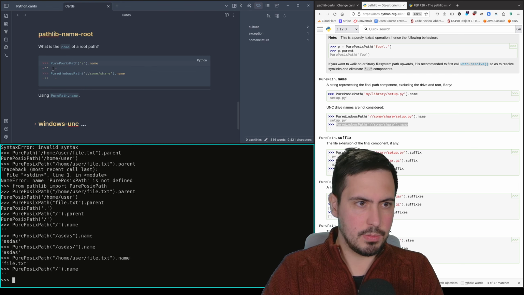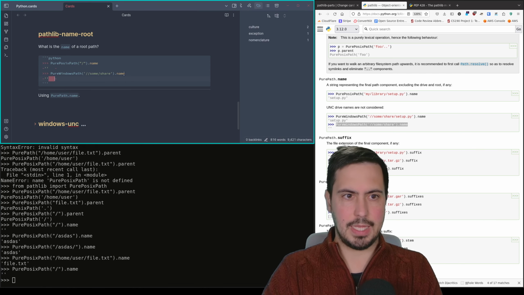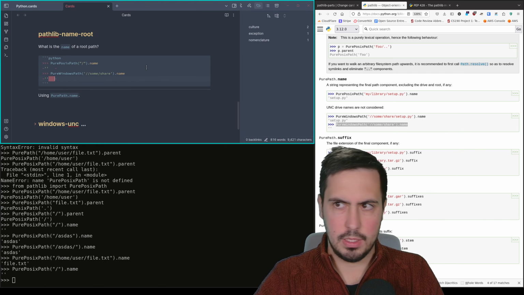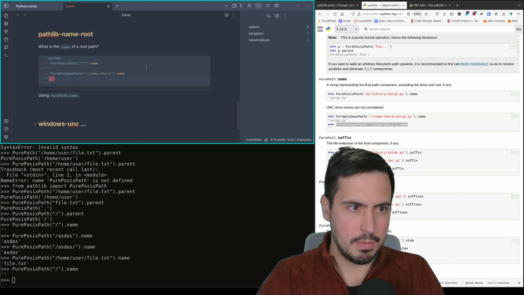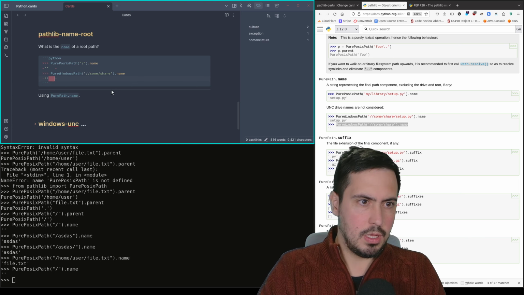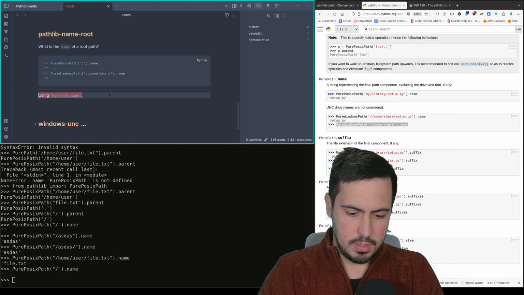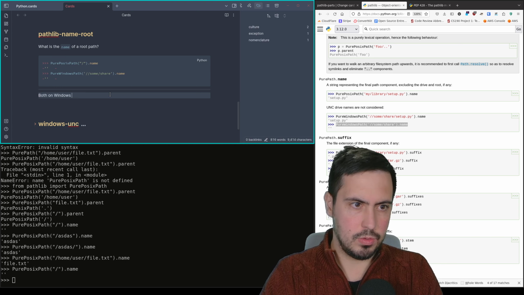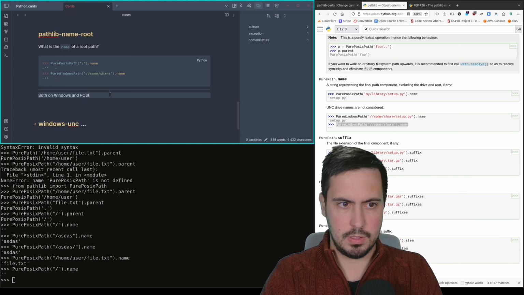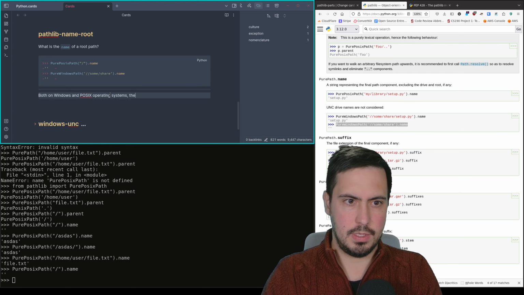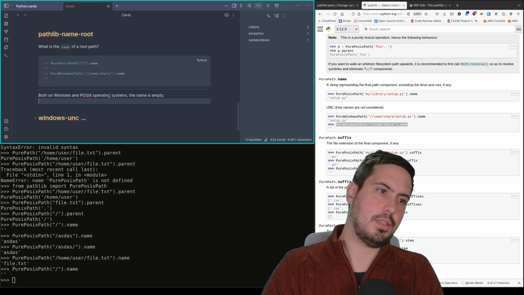But we'll add some spaces here so we get a nice box that doesn't hint that this is just an empty string. So both on Windows and Unix and POSIX operating systems, name is empty. Okay, so